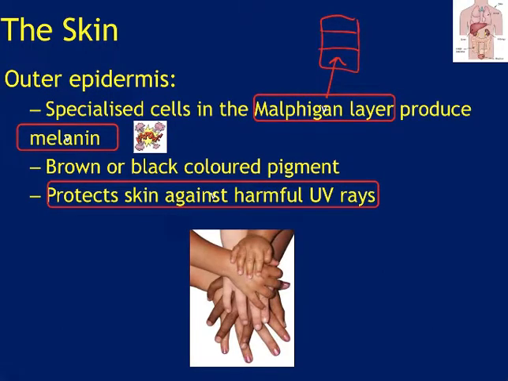harmful UV rays. So we don't really have any redheads in our room now that Artie is gone, but people with red hair usually have very, very pale skin. They have very, very little melanin. They don't really tan, but they will burn, and that's showing you the UV damage. We now in Ireland have loads of people that are of African origin, so they will now have lots and lots of melanin production. Their skin won't ever really burn, and they're able to protect themselves against UV better than people that are